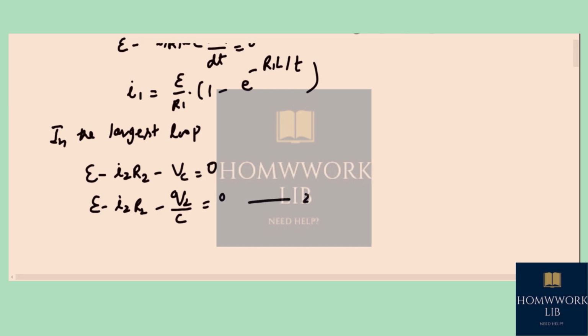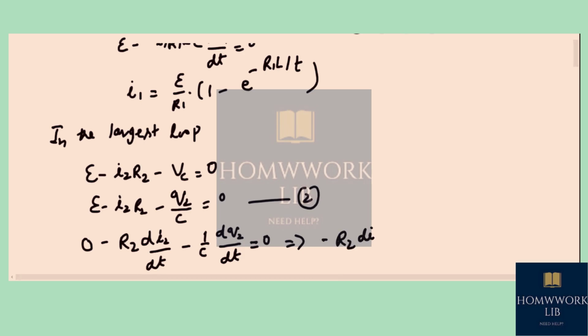Taking derivative of equation 2, we will write 0 minus R2 di2 upon dt minus 1 upon C dq2 upon dt, that must be 0. So from here you may write minus R2 di2 upon dt minus 1 upon C I2 is equal to 0. Solving the equation, you will get